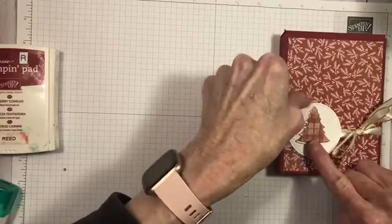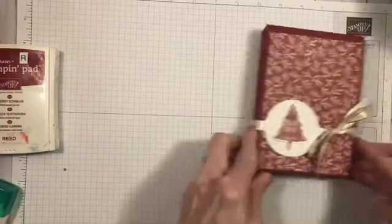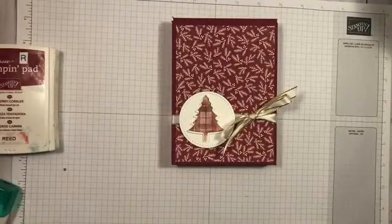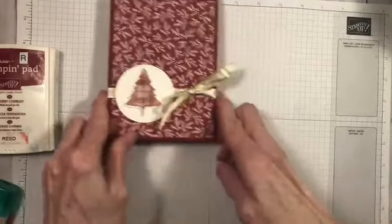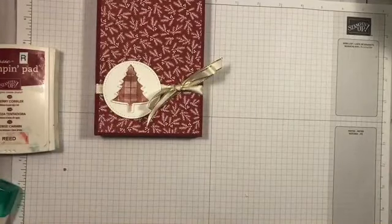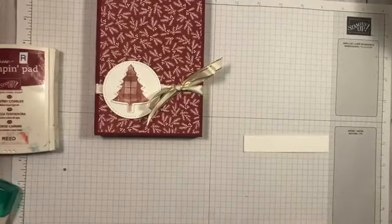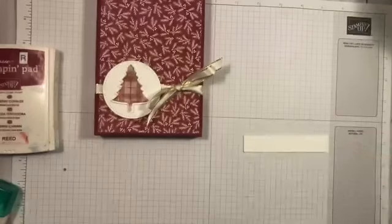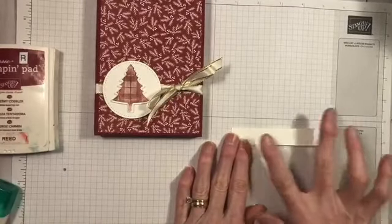So I'm going to put that right there. Okay, looks good so far. All right, the next thing we have is our sentiment. I'm going to grab my 1/4 inch. Oh, good. Yeah, grab it if it's on the sale. All right, so I'm going to be using this